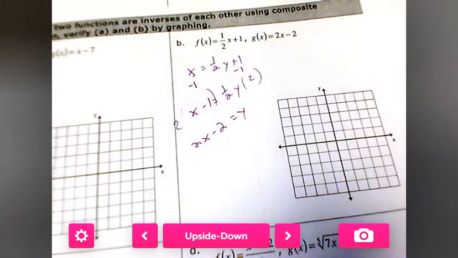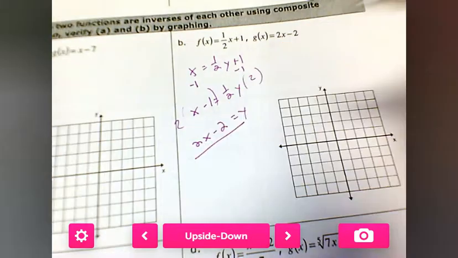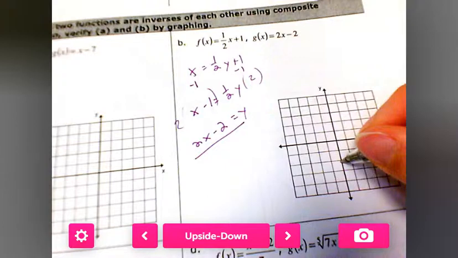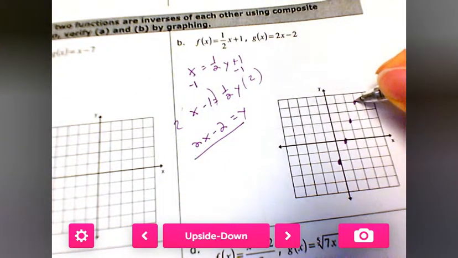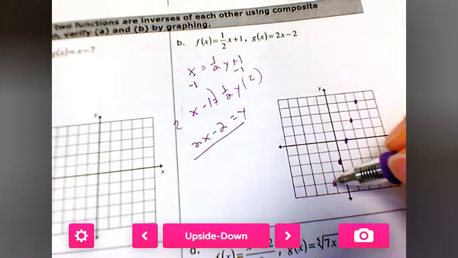And then we want to graph both of those. So if I'm going to graph this one in purple, I'm going to start at -2. And then you just go up 2 over 1, up 2 over 1, up 2 over 1, or down 2 over 1, right? And this is our